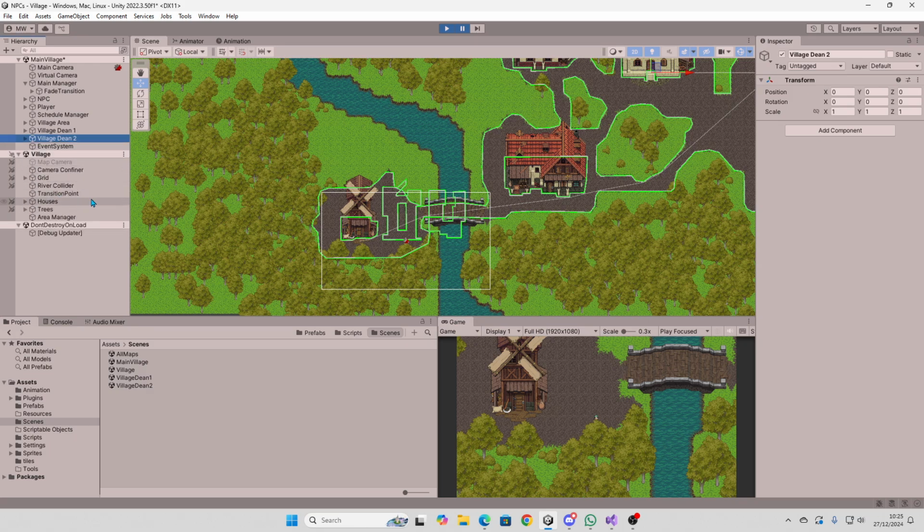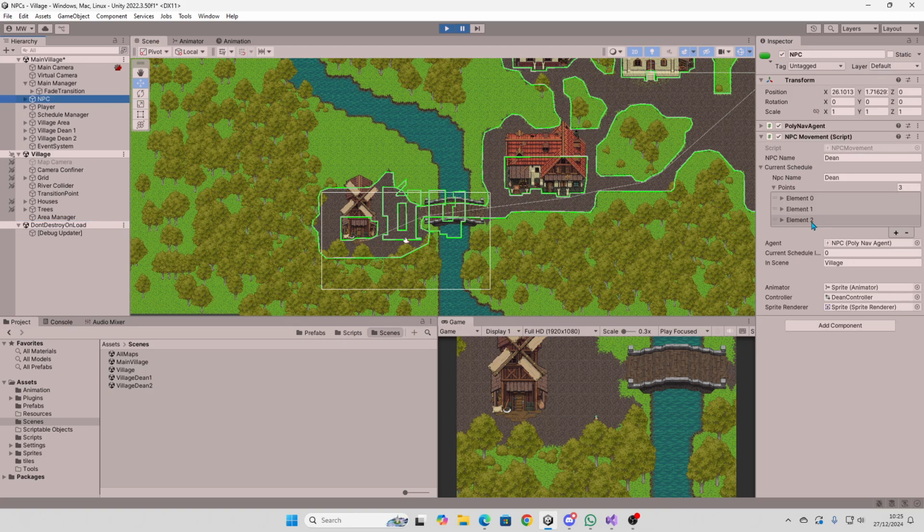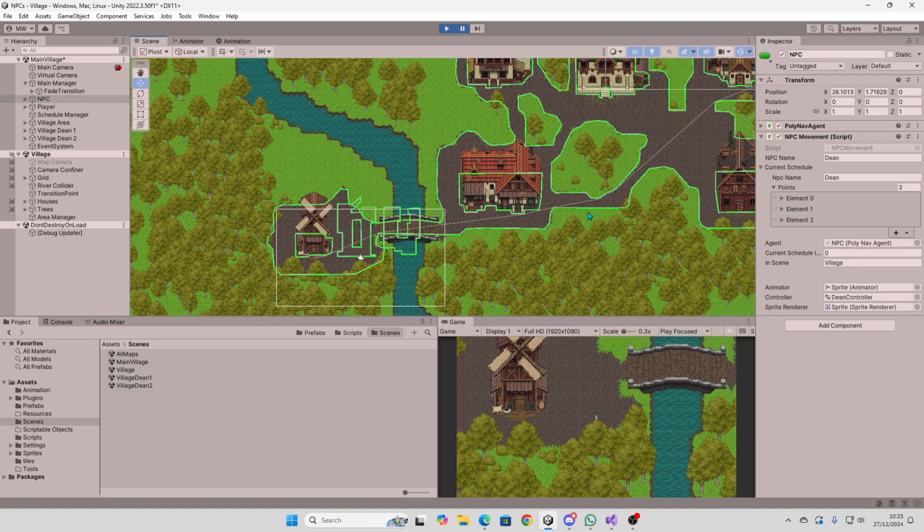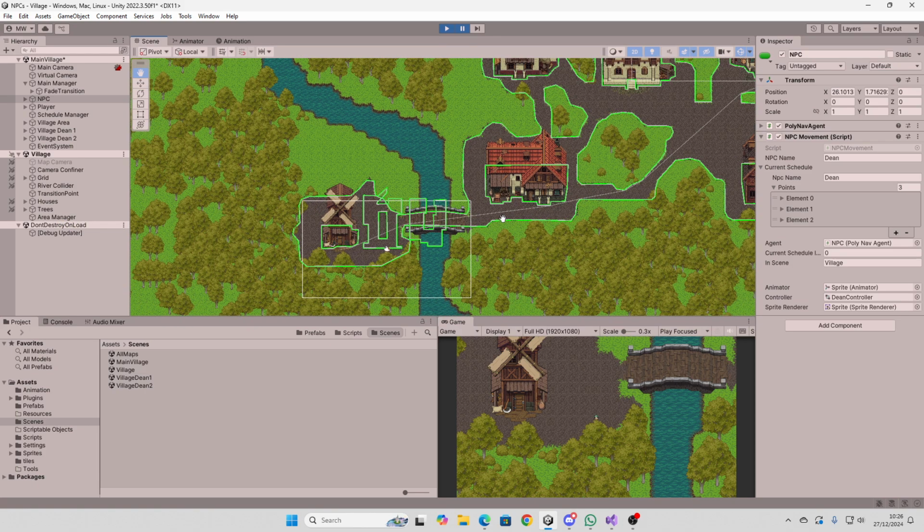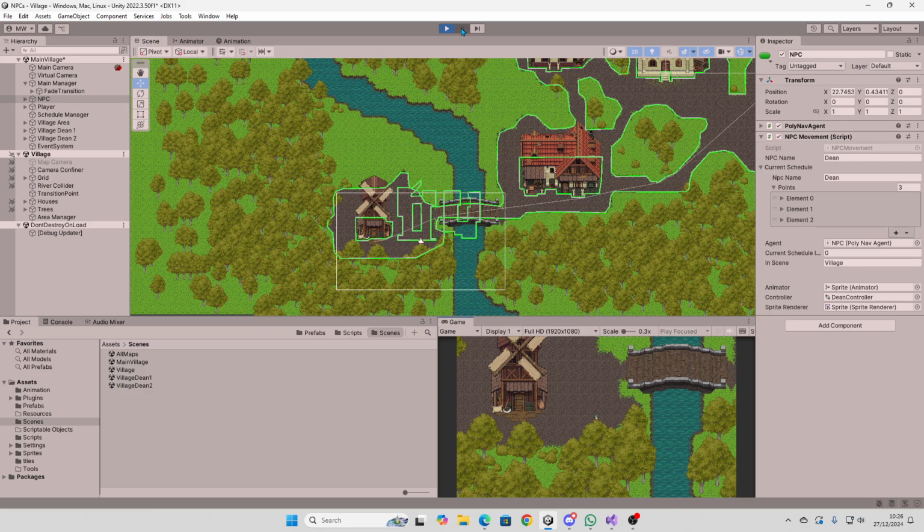So Village also has this area manager. And it has the village listed here. And all this does is, when a scene loads, it's going to find every NPC and check the name of this scene against the NPC, and the NPC says that he is in scene village. So it's going to check every NPC, and if the scene matches the scene that's loaded, it's going to turn on the sprite renderer. And that's an important thing, because when Dean gets down here,